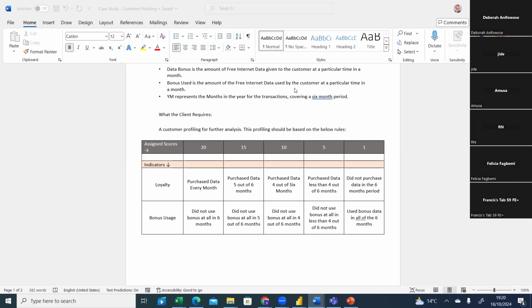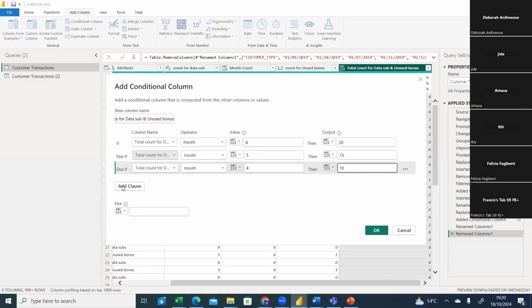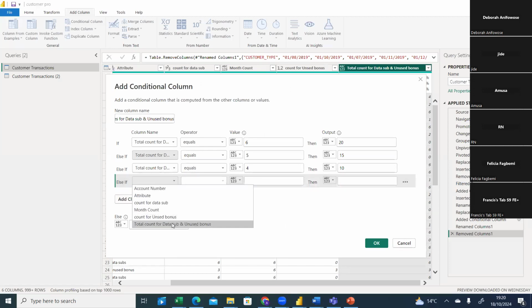Okay, that means 3, 2, 1 are less than 4. So anywhere less than 4, that means again, we add a new clause. Anywhere the count is less than 4. That means 3, 2, 1 have been taken into account by saying less than 4: 3 months, 2 months, 1 month. I want to believe that. So assign a score of 5 to that,